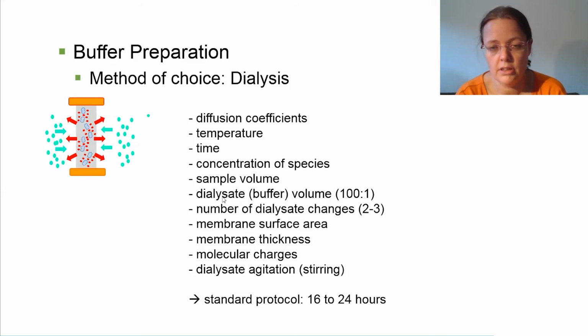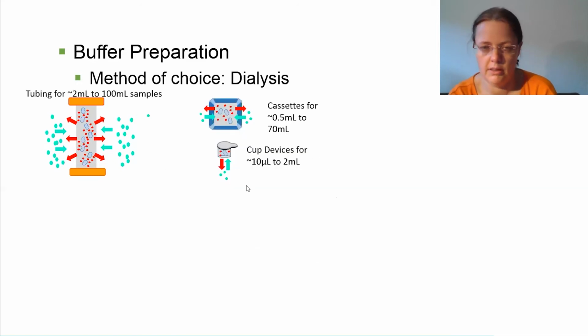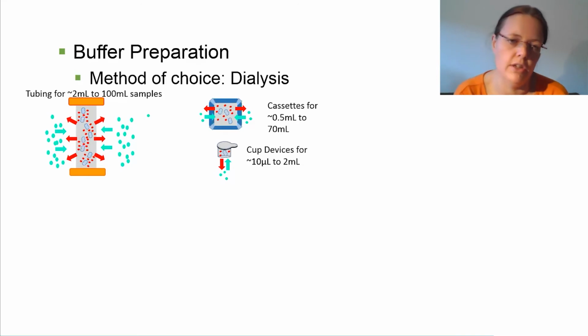There's, of course, stuff that you have to take into account when doing your dialysis: the temperature at which you're dialyzing, how much time you'll need to do an exchange during the dialysis, the concentration, the volume, and also the surface area of your membrane relative to the other side. This is maybe something to try and really optimize to see how you can perform your dialysis. All these parameters should be considered while doing it. I won't go through all of them. They'll be in the slides that you'll have available and that you can look at.